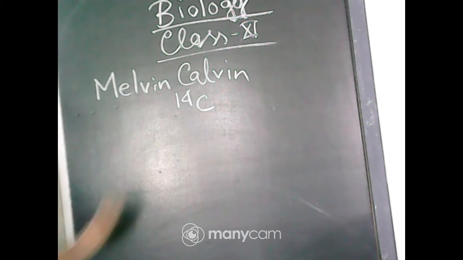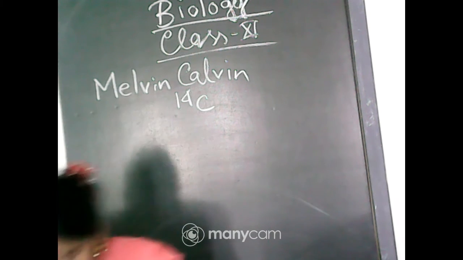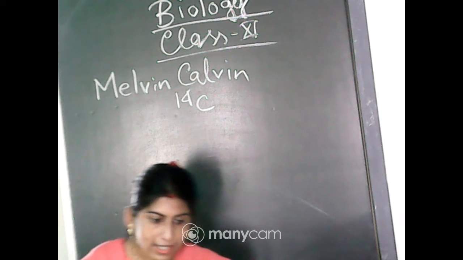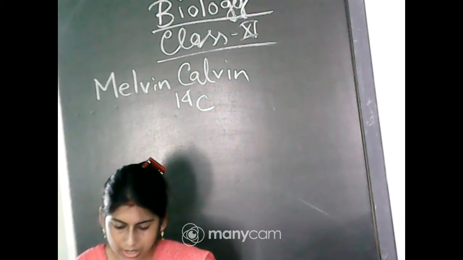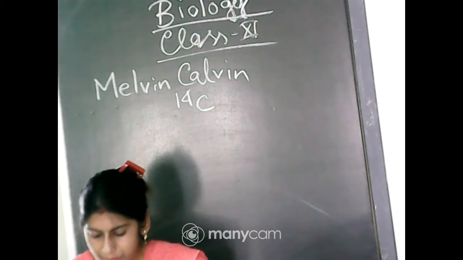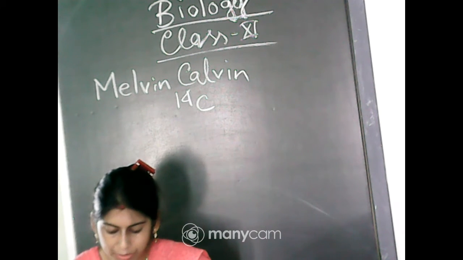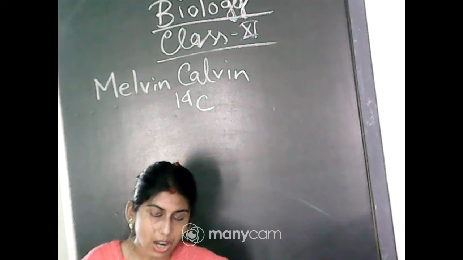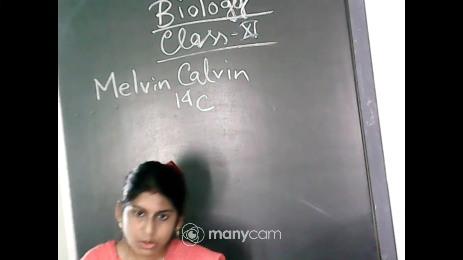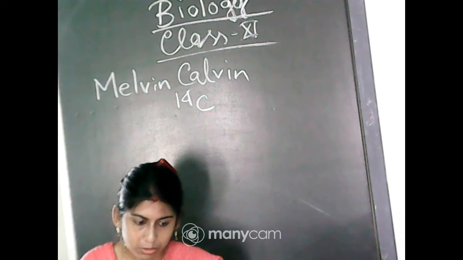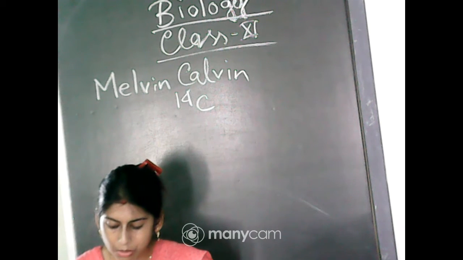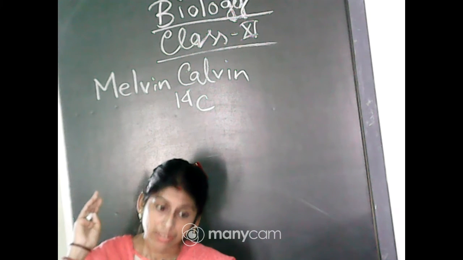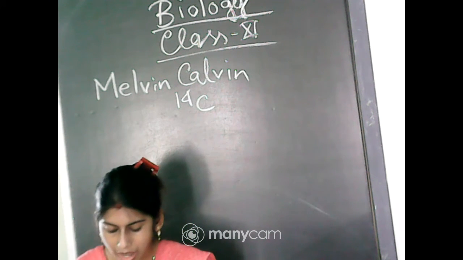And he studied algal photosynthesis, which helped him discover that the first carbon dioxide fixation product was a 3-carbon organic acid. So carbon dioxide first will be fixed through a 3-carbon organic acid, and he also contributed to working out the complete biosynthetic pathway, and that is why it is called the Calvin cycle after him.